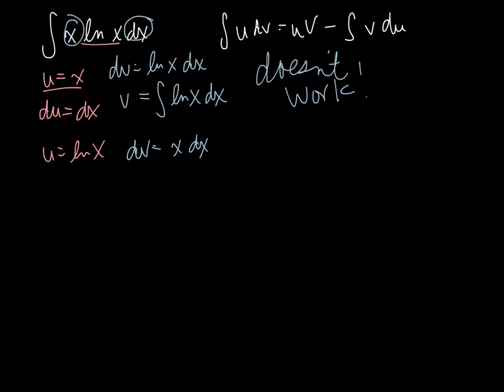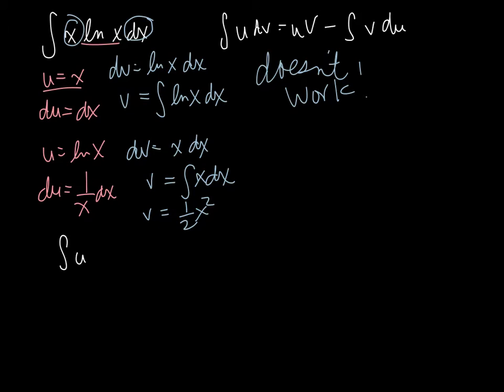Right? So ln of x was my u. All right, so we said the differential of u is going to be du, and the derivative of ln of x is 1 over x dx. Okay, so that part's done. We got my du. And then again, we're going to integrate both sides of dv equals x dx. So we get v is equal to the integral of x dx, and the integral of x is 1/2 x squared. Okay, that's much better.